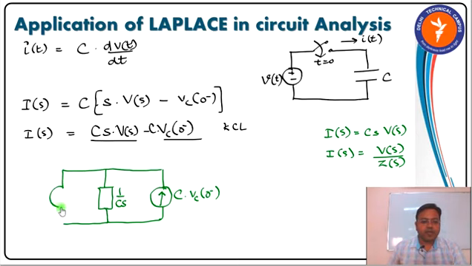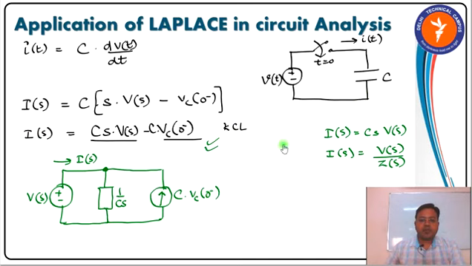And we have a voltage source here, plus minus like this, whose value is V(s), which is causing a current of I(s). Now see here, if I try to apply KCL at this point, then it will justify this equation, that I(s) is equal to the current entering into it, and this will be equal to Cs times V(s), because V(s) is the voltage appearing across this impedance, and this current is coming this side, so I am putting a minus sign ahead of it.